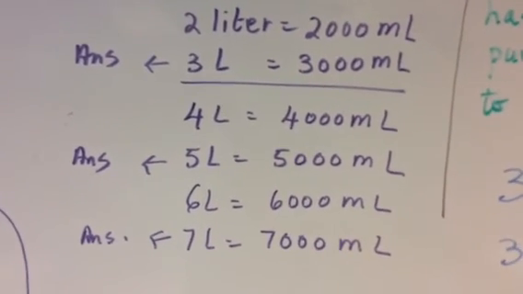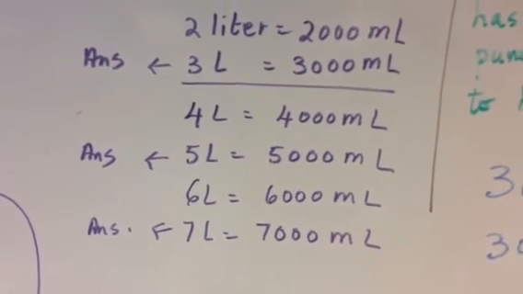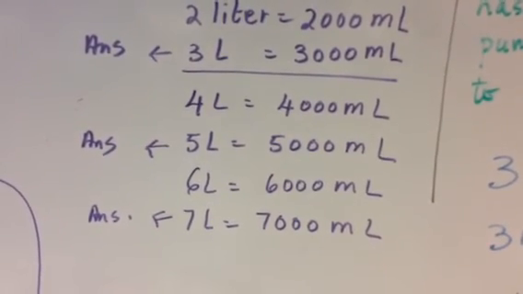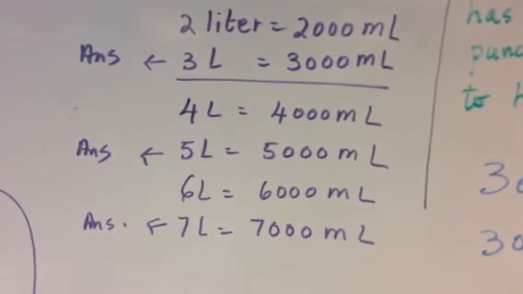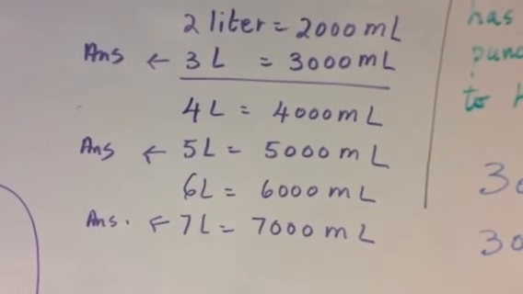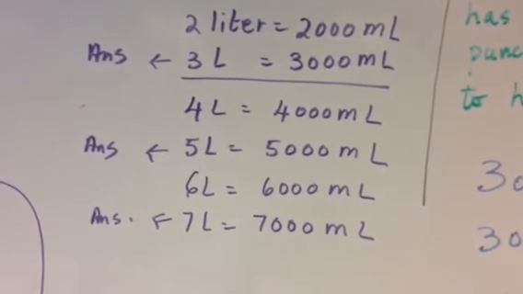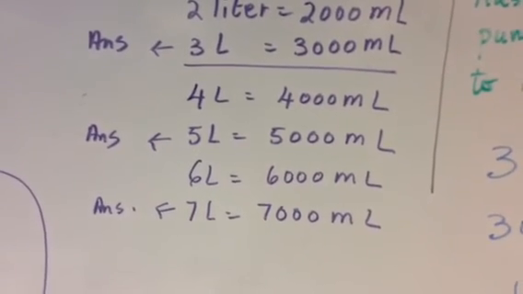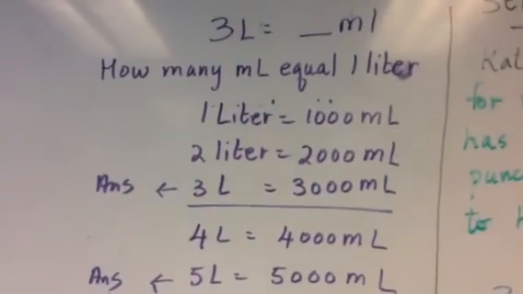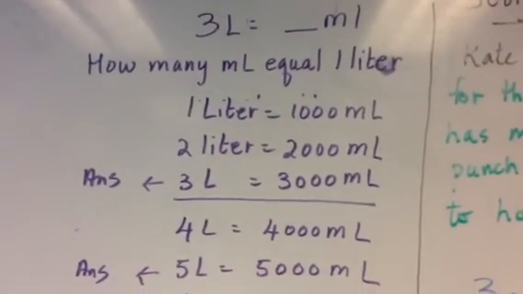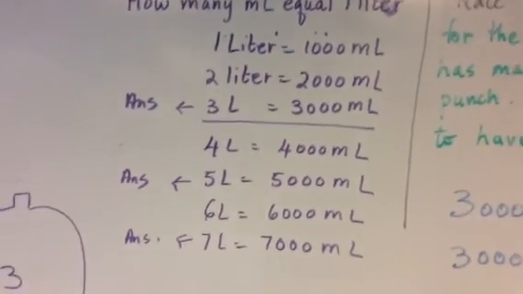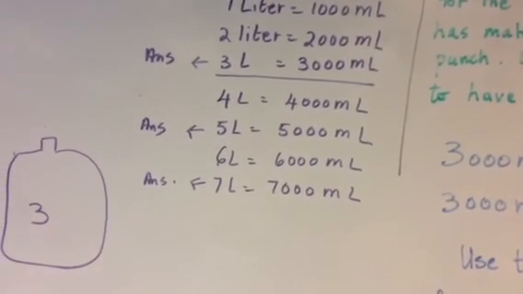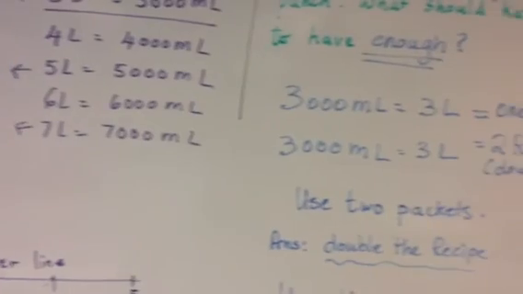So we are going from a larger to a smaller unit. So we multiply: 7 times 1000 makes 7000. 6 times 1000 makes 6000. 5 times 1000 makes 5000. So when you're trying to get a smaller unit, you multiply. But you have to know that 1 liter is equal to 1000 ml. So using this strategy and concept that you have learned, please do your